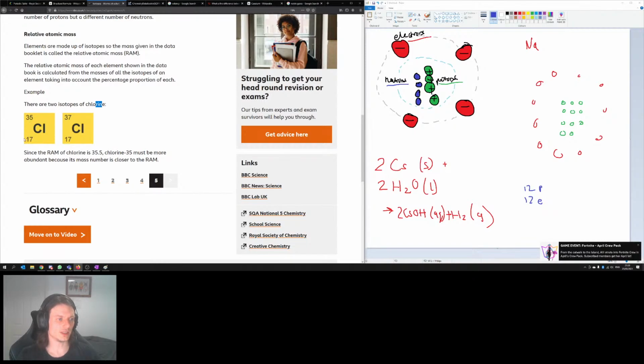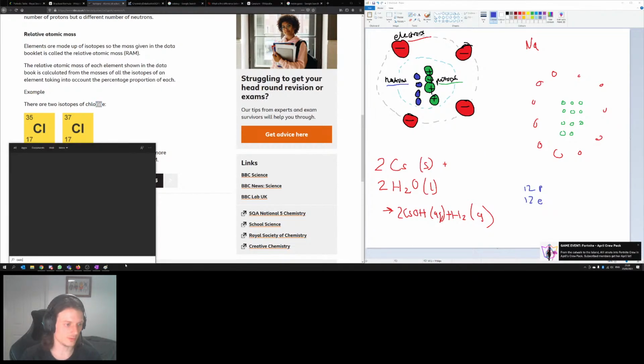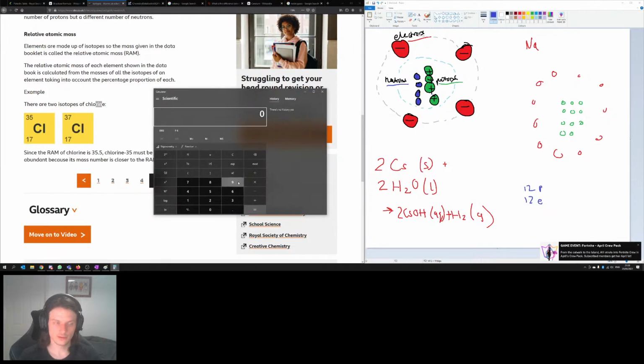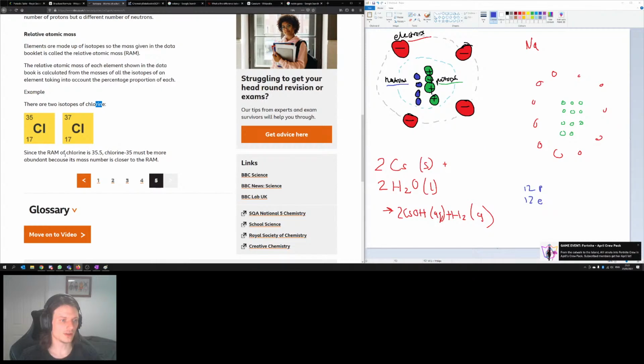So this is 17 protons, 17 electrons. Excuse me, my maths is very bad. 17 times 2 is 34, so there's 1 neutron. And then this one is, yeah, 3 neutrons. So since the relative atomic mass of chlorine is 35.5, chlorine 35 must be more abundant because its mass number is closer to